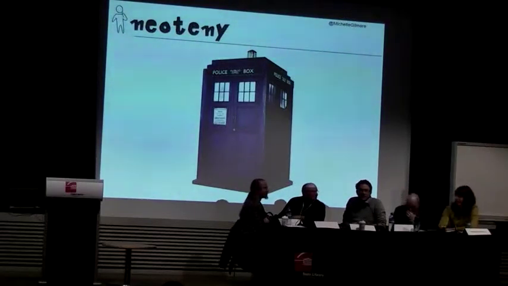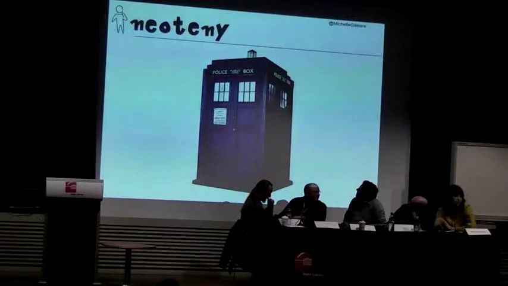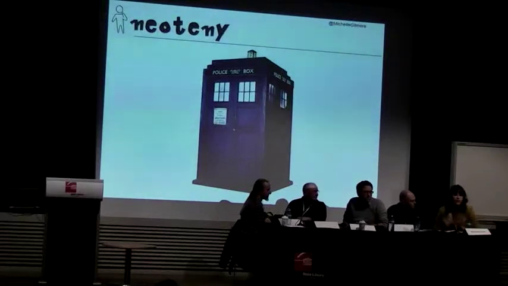Okay. It's actually the TARDIS from the TV series Doctor Who. I'm a bit of a Doctor Who fan. But the reason why I'm showing it to you is not just random, there is a point. And the point is that Doctor Who and his companions travel around in the TARDIS. And they travel throughout the galaxy and they visit various planets. And those planets have various species on them that speak different languages to them. So it wouldn't be a very entertaining show if they couldn't speak to those different species. So what the TARDIS does, because it's so intelligent, is translate the language for Doctor Who and his companions so that they can all share experiences and communicate together.